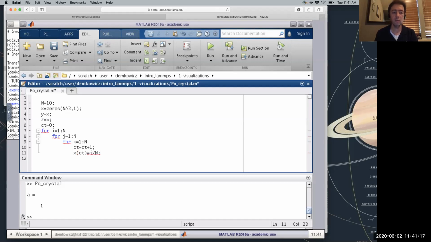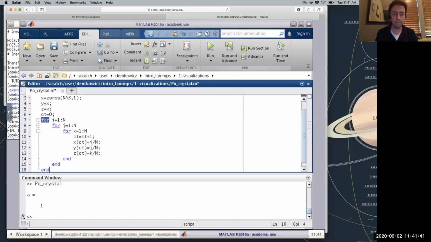So basically just fractional, right? So i is going to be initially 1, and then it's going to go all the way up to 10, all right? I'm going to define for myself y CT equals j divided by n, and z CT equals k divided by n. And then I'm just going to close everything down.